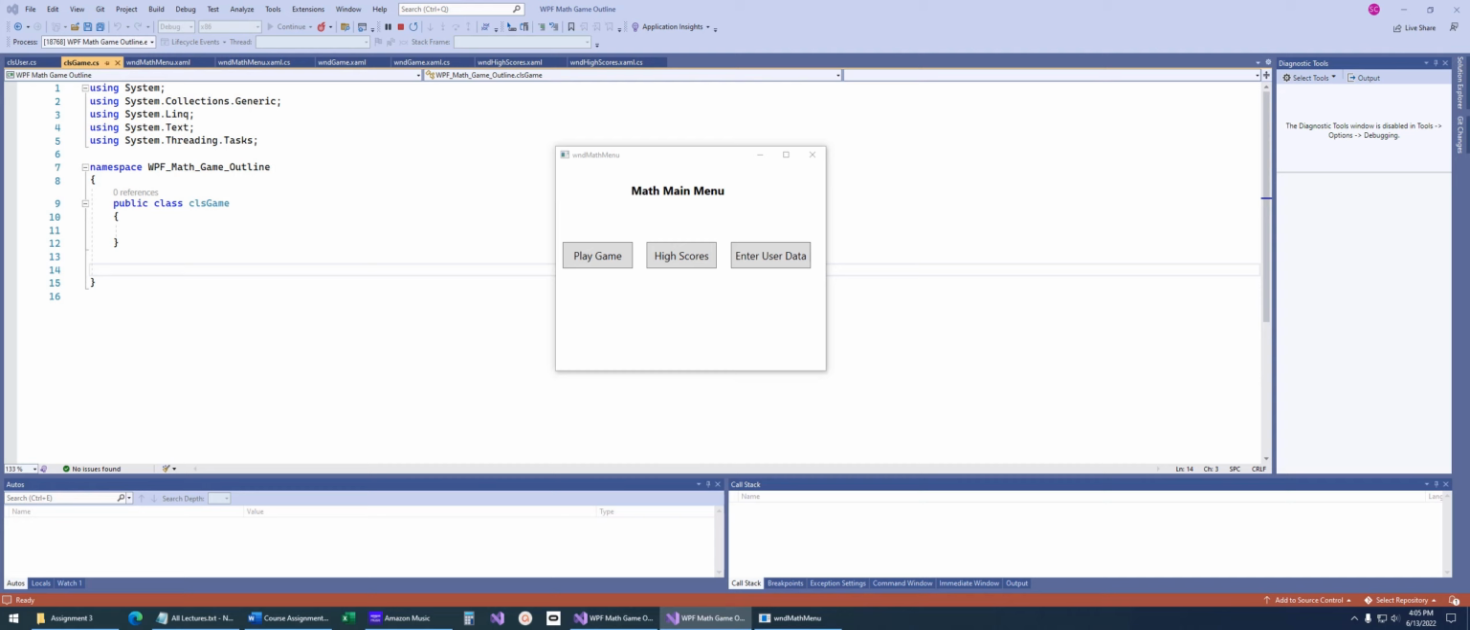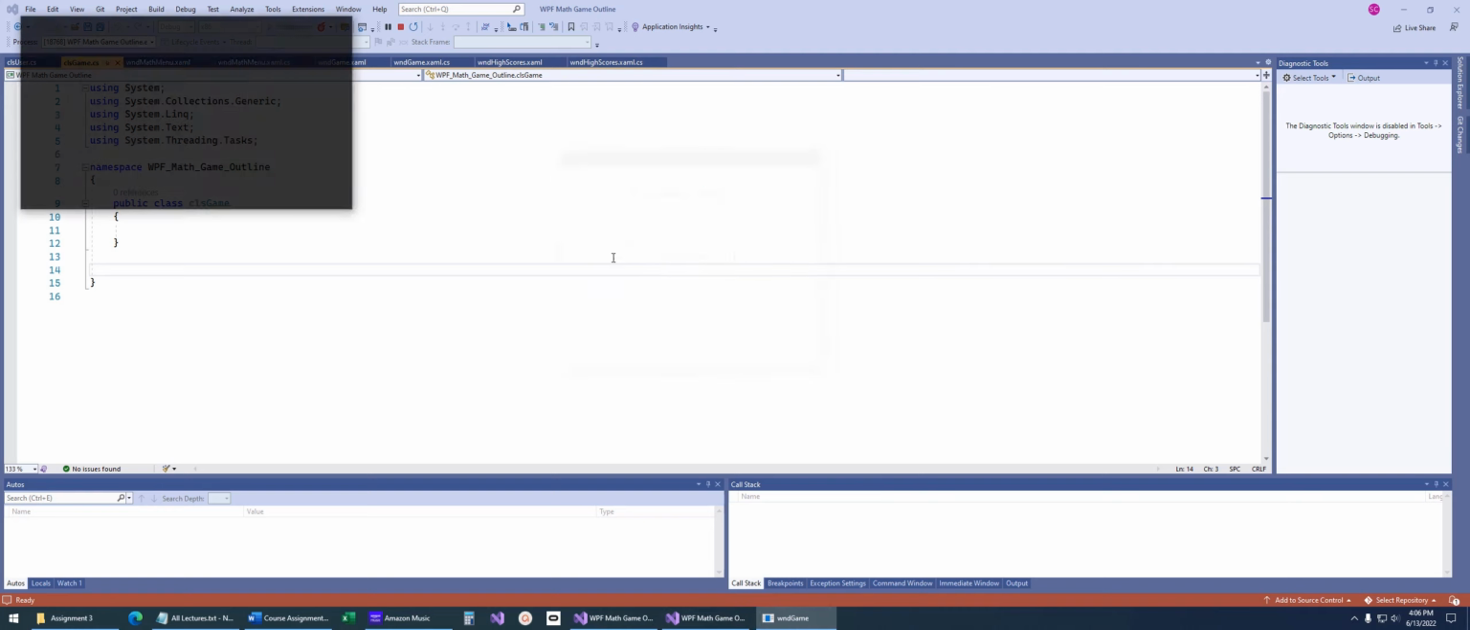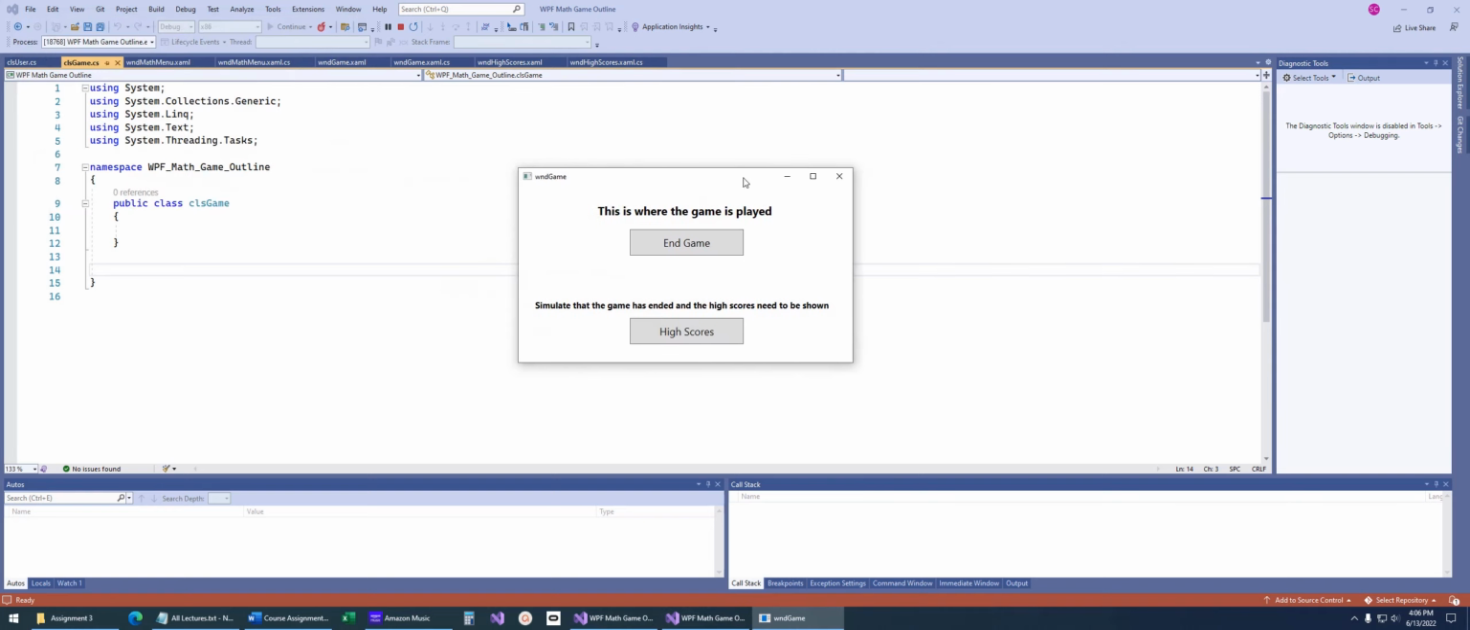We'd also need them to select the game type. So we'd need to create some radio buttons here, for instance, that maybe tells them addition, subtraction, division, multiplication, things like that, along with that user's information. So they'd have to enter that here before we can play the game. Now once we play the game,